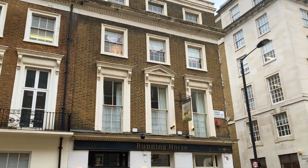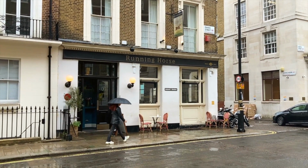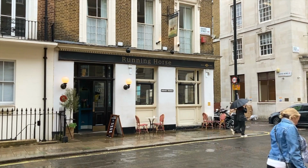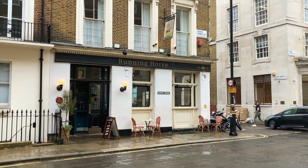Just around the corner from Bond Street Station, you'll find the Running Horse, which, with a history dating back to 1738, makes it the oldest pub in Mayfair. Although Mayfair is now one of London's most exclusive areas, this wasn't exactly the case when the Running Horse opened